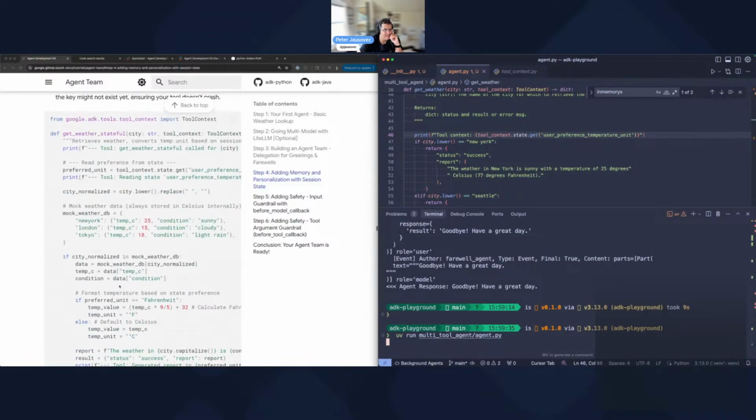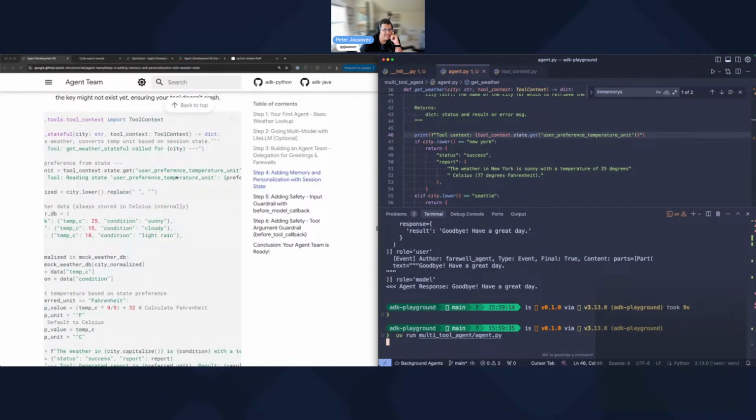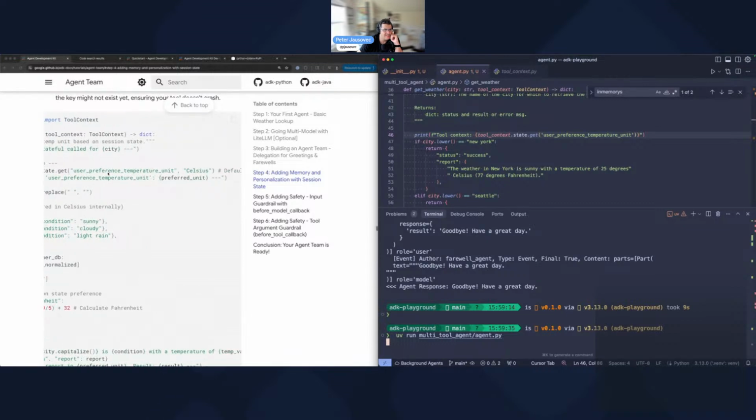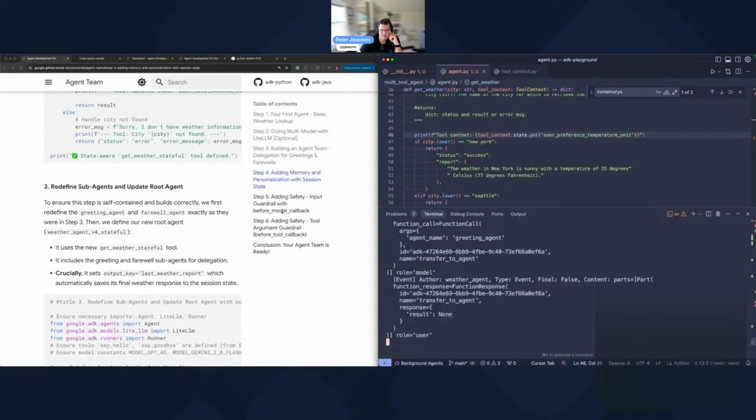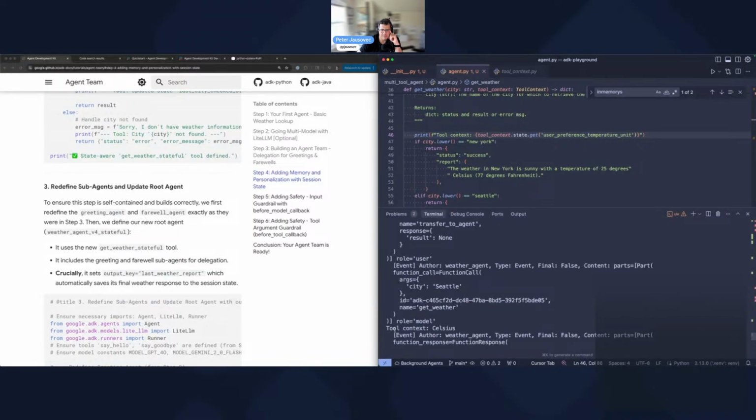Is that how we get it? Context state get, yes, and then you default to something if it's not set. Come on, it was there. Oh, there you go. Tool context Celsius, right? All right, so that's one, and then let's see what is the